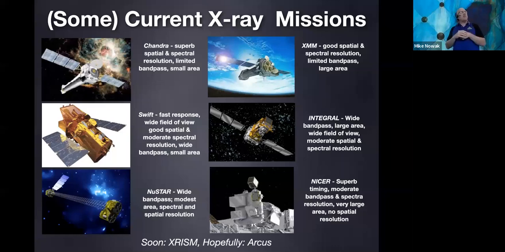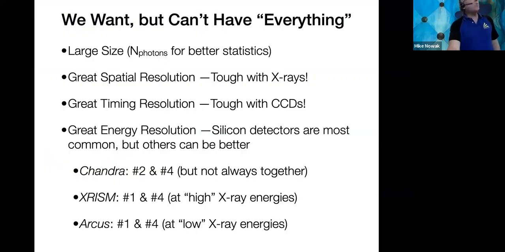The one in the lower right-hand corner, you saw a light curve from that. That's the NICER instrument. That's aboard the space station. That one sacrifices spatial resolution. It has no spatial resolution whatsoever, and sacrifices energy resolution for superb timing resolution and very big area. So that's why we were able to do this light curve in bins as short as 1 second and say that that 1 second jump was all the source and not the statistics, because it's designed to be able to do things like that.